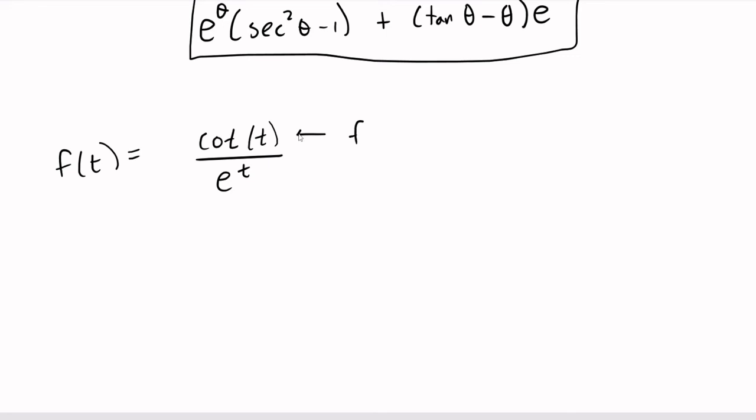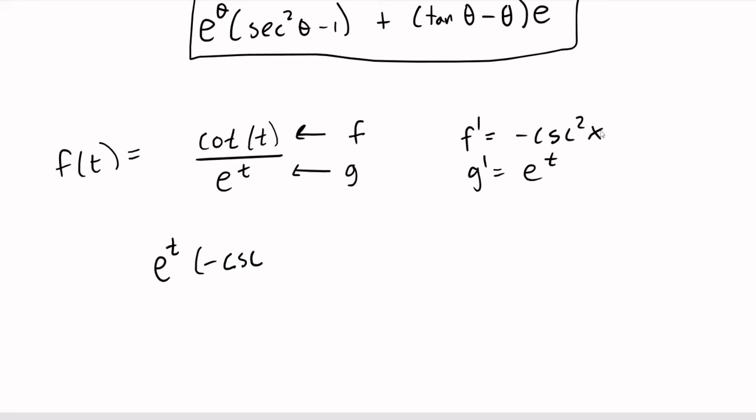So f on top, that's my high, g on bottom, that's my low. And then remember, we're low d high minus high d low. So f prime is negative cosecant squared x. G prime is e to the t. Okay, so low d high